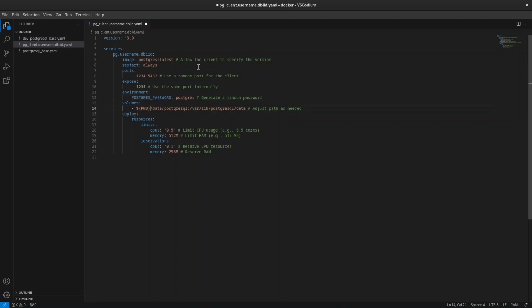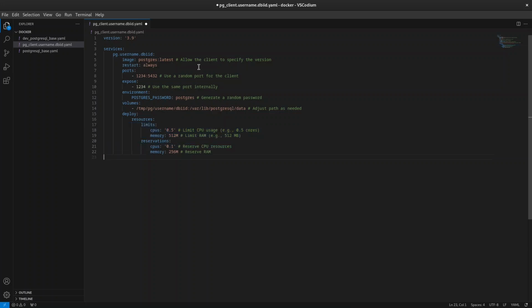I want this to be /temp. Here we want to have PG username, the instance ID. Okay, CPU, half of a CPU, memory reservations,